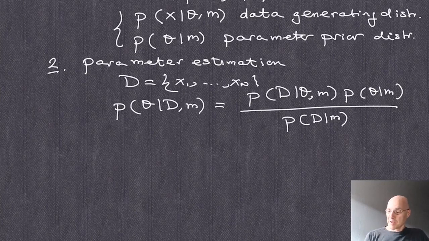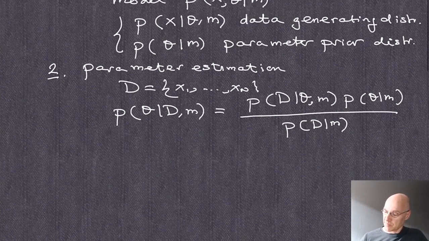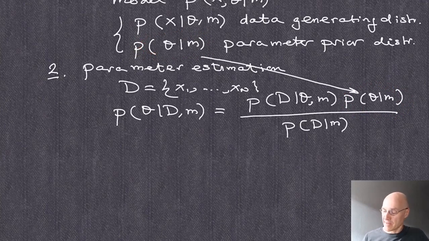Now let's look at the factors on the right hand side. This is the prior, you basically get that from here. You've specified that, right? So this guy you just put in there. This guy, the likelihood p of D